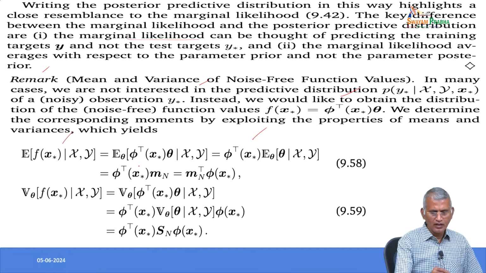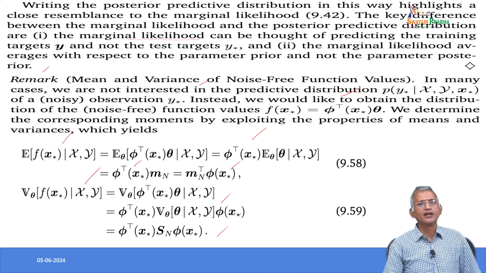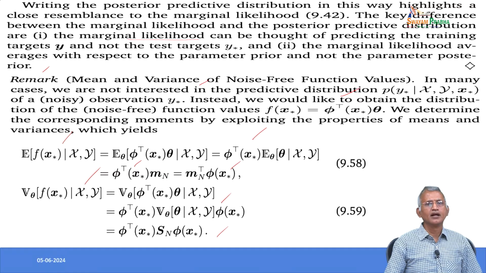So, we have φᵀ(x*) mN = mNᵀ φ(x*). This implies V_θ[f(x*)|x, y] = V_θ[φᵀ(x*)θ|x, y]. Therefore, φᵀ(x*) V_θ[θ|x, y] φ(x*), which is equal to φᵀ(x*) SN φ(x*). So, these equations represent the expectation and variance of the noise-free function, represented by 58 and 59,